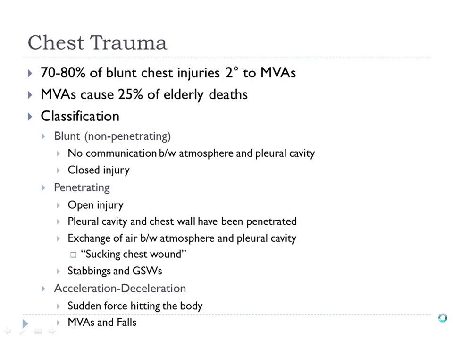In a penetrating chest injury, the chest wall is open. There is communication between the environment, the atmosphere, and the pleural cavity and lung. Usually this is a knife stab wound, gunshot wound, penetrating injury. Maybe they fell on something out of a tree and they hit a branch and it went through their chest. It happens all the time. Fell out of a deer stand,